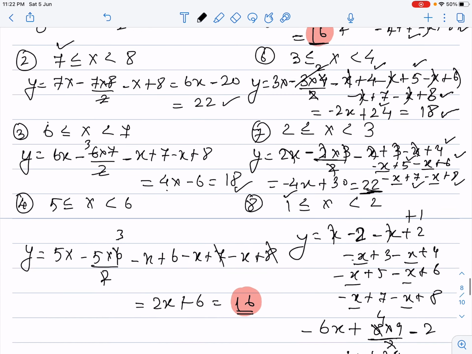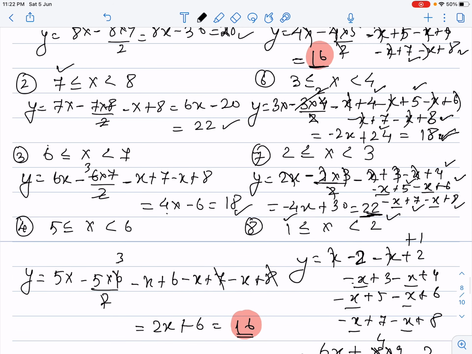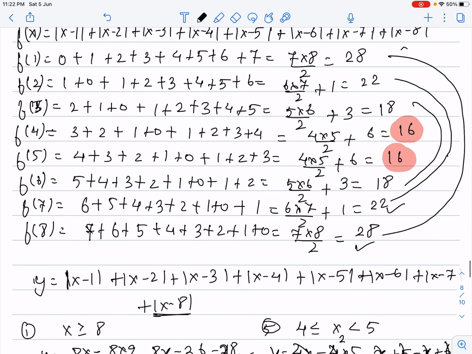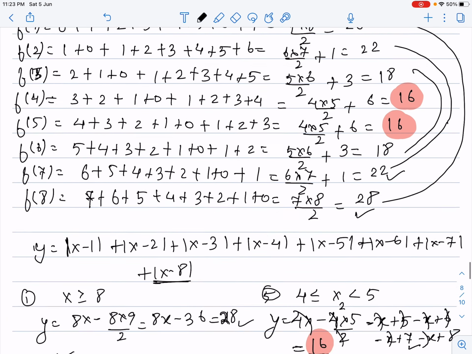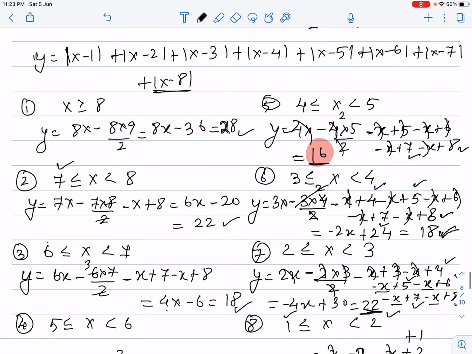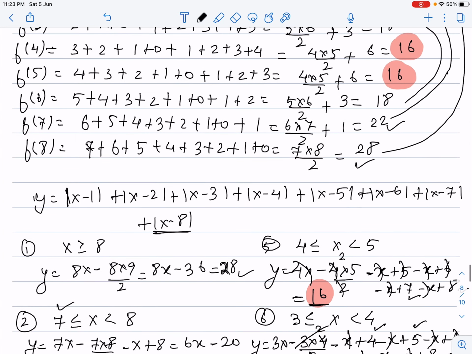Same way we are getting 28 here, then we are getting 22 over here, then we are getting 18 over here. So guys, the same procedure is followed, but the easier way to solve this question is the above method. Even we can consider the values which are in between 0 and 1, but that is not required. That will give me even a larger number than whatever we have generated so far.